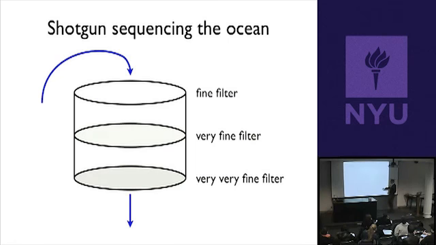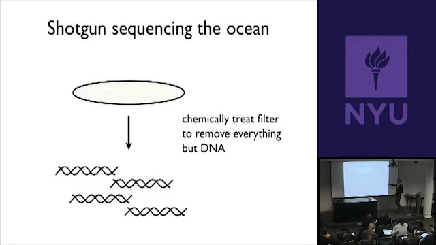Okay, so then what you do is you take this last filter from the yacht, you seal it up, you freeze it on dry ice, and then you get a helicopter to come pick it up and bring it back to the lab. So you basically airlift this filter back to dry land, to the laboratory, and then what you can do is chemically treat the filter, in ways you can probably imagine now, having gone through your lab exercises, to remove everything but DNA. So you know that there are very simple chemical treatments you can do to get DNA out of something, and so you get DNA out of this filter.